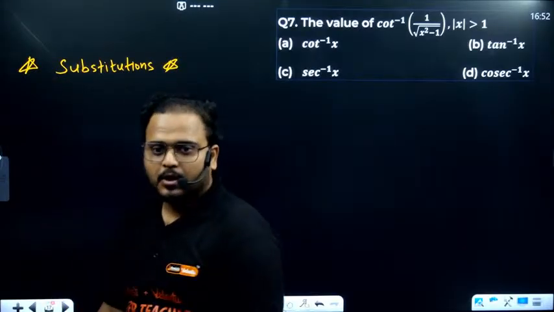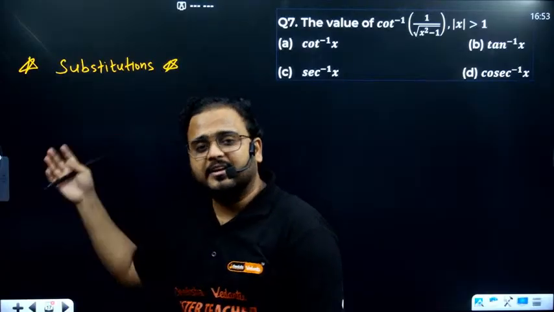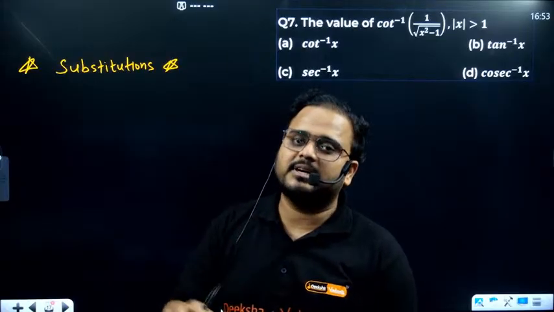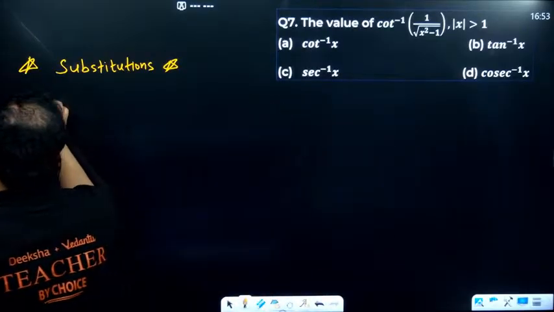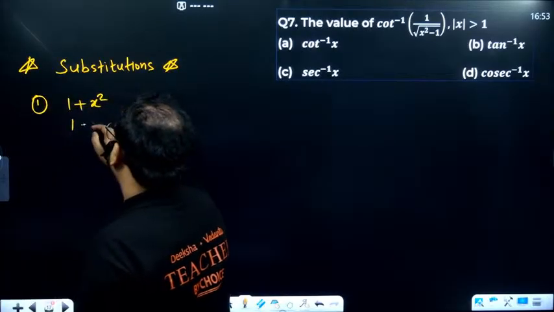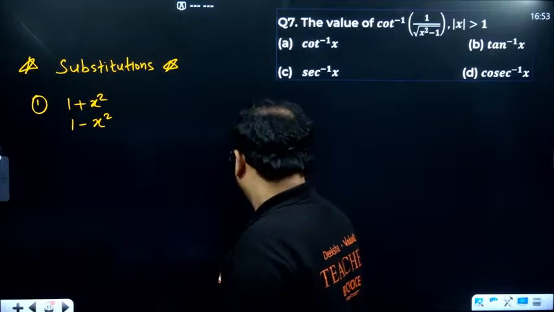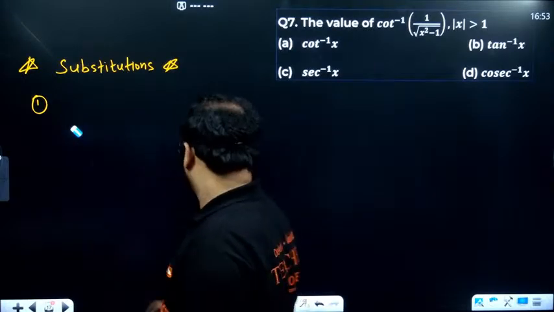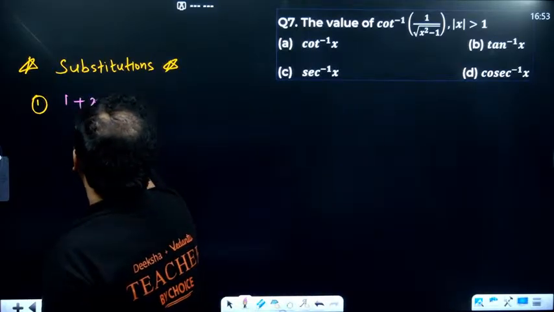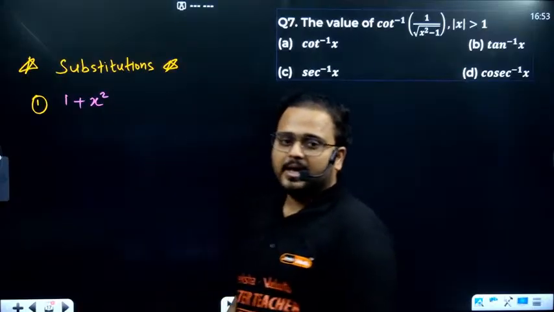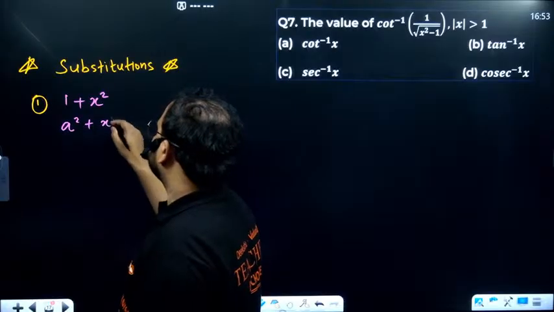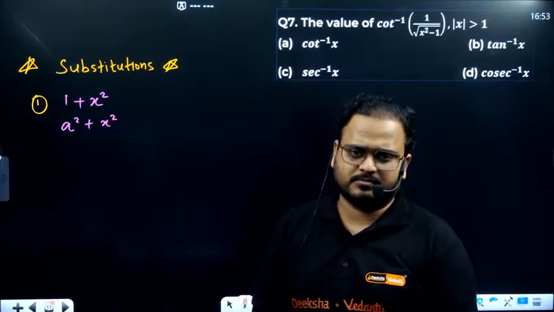What are those? Please remember this. This will help you not only in ITF, everywhere, whether it is boards, CET, any exam you're writing which has calculus in it. First one, if you see 1 plus x square, or a square plus x square, if you see this kind of form present in the question,